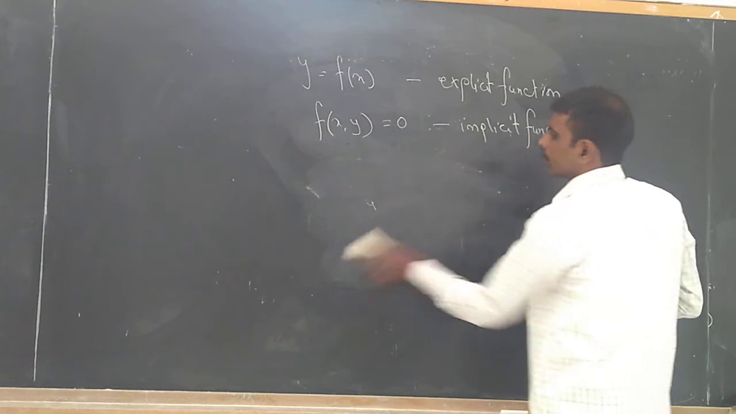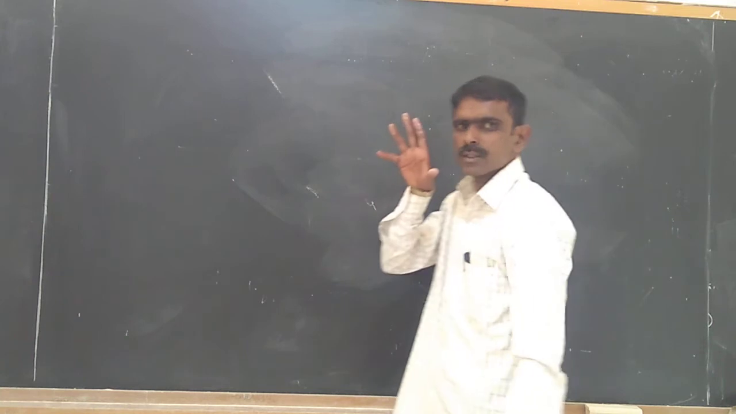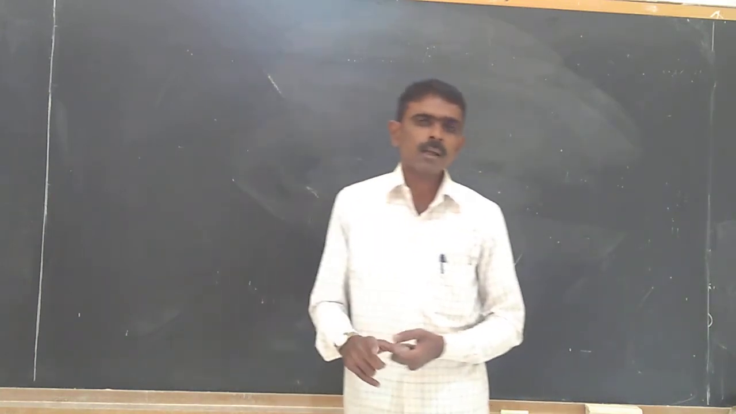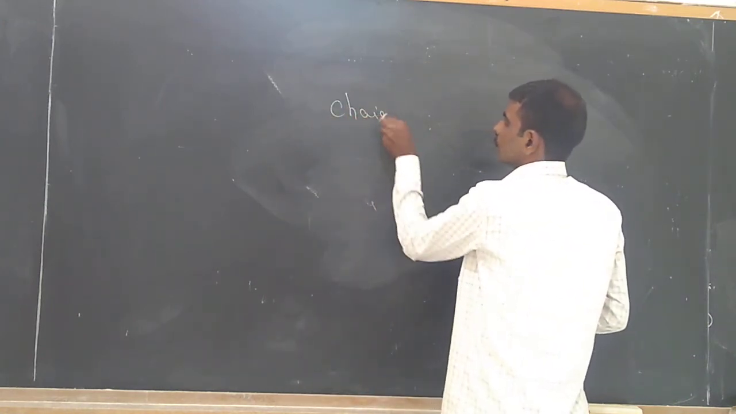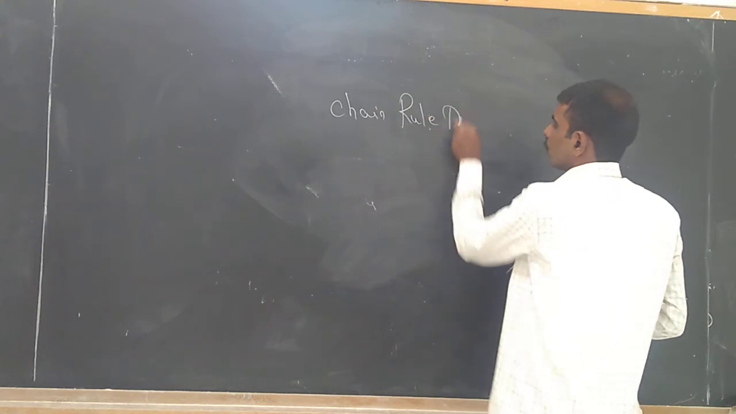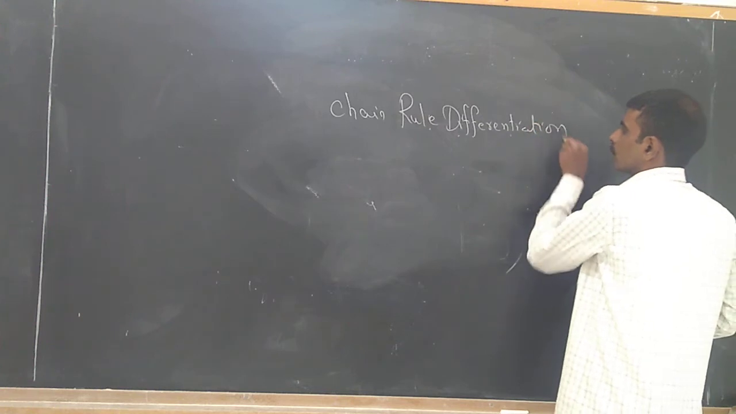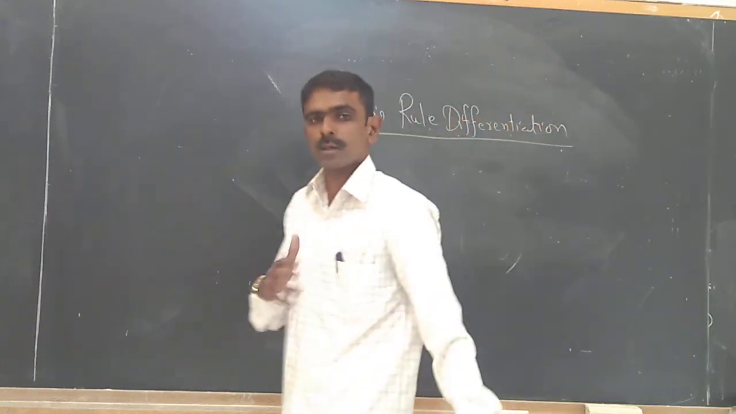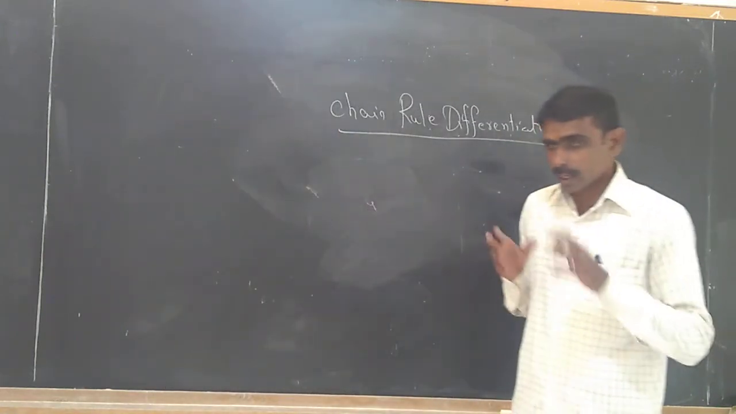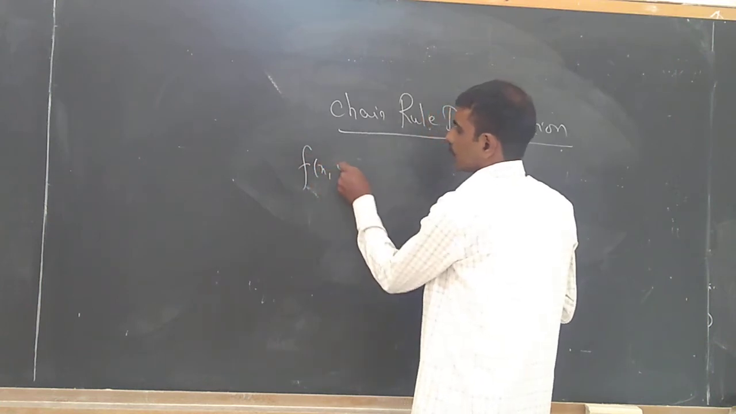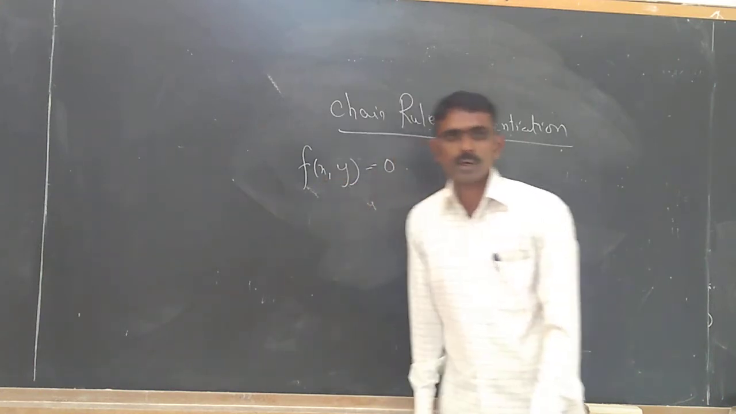How to differentiate these implicit functions? Differentiation of implicit function is done by the chain rule differentiation. Here we are going to apply the previous method of composite functions that we have considered. And remember, in the case of the function of the type f of (x, y) is equals to 0, which we call the implicit function,